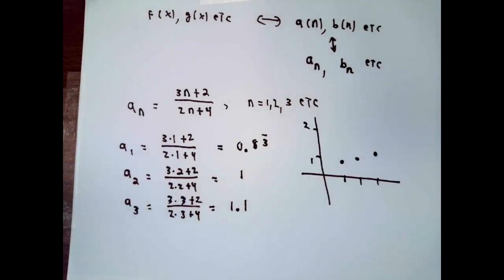If I graph horizontally the value of n and vertically the a n, I can plot these 3 points. These are 3 points on the graph of the function, the sequence function, and we need to get something